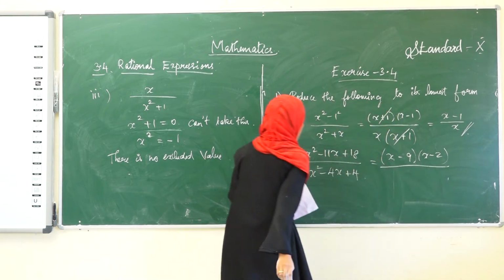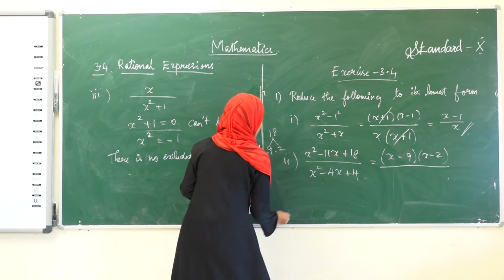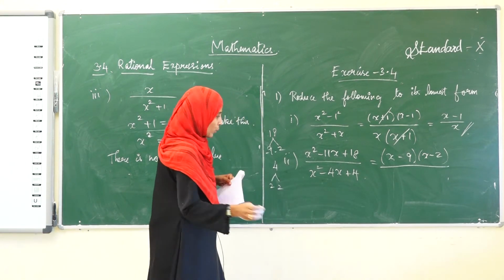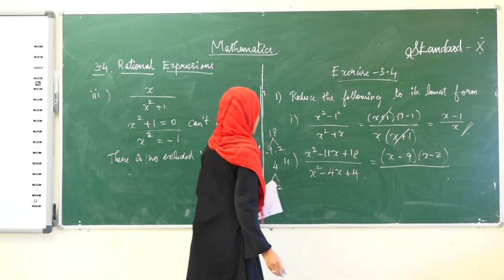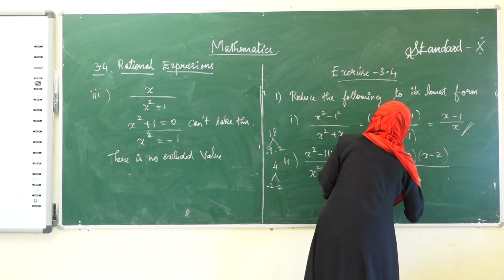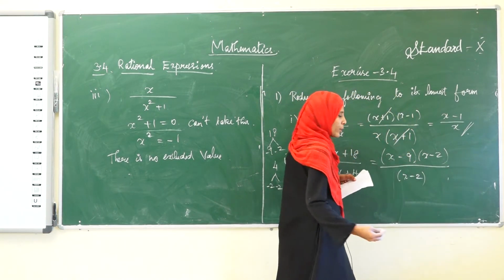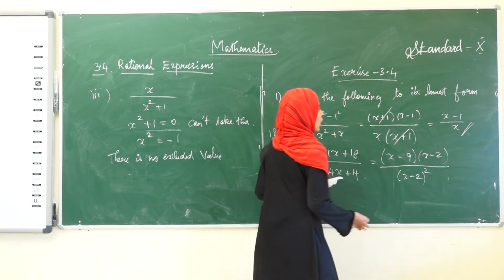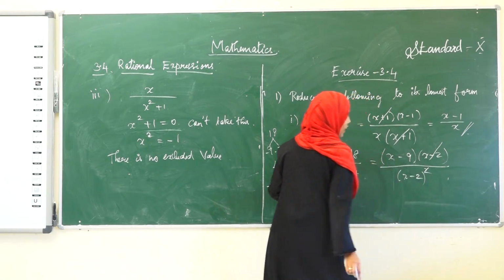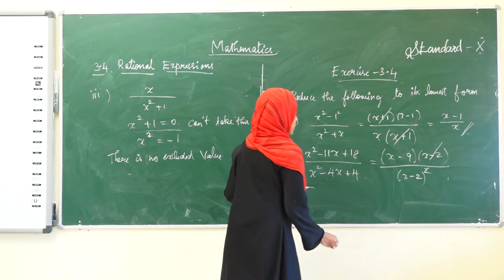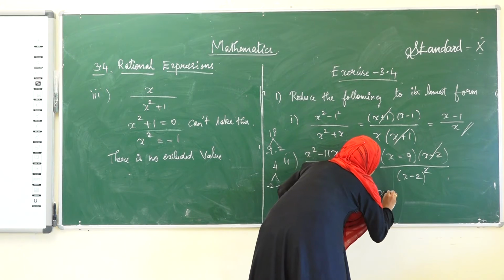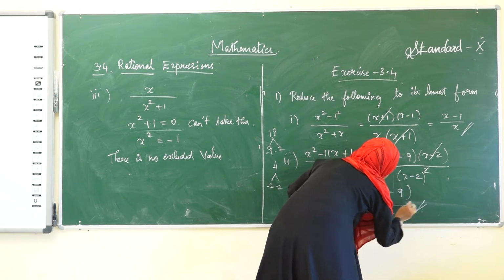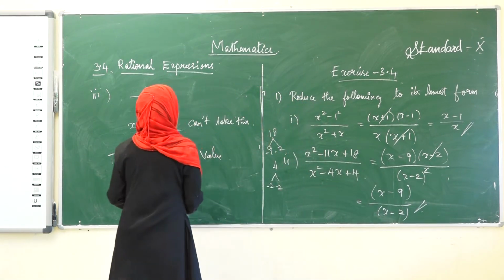The whole is divided by, now, we are going to factorize the denominator. See, it is 4. 2 times 2 is 4. On adding this, we should get minus 4. Therefore, minus on both sides. So the value is x minus 2 into x minus 2, that is x minus 2 the whole square. Okay, the second step is we have to cancel the common term. The common term is x minus 2 in both numerator and denominator. So what's the answer here? x minus 9 divided by x minus 2. This is the lowest form of the given rational expression.